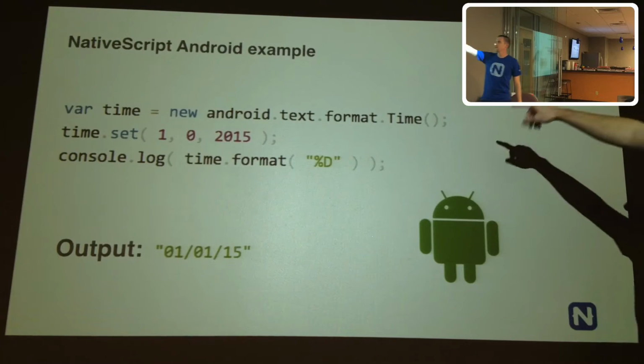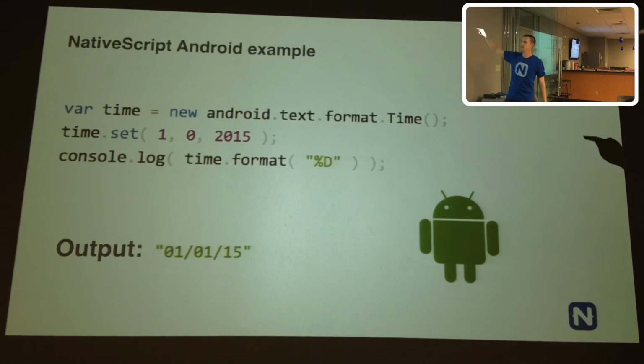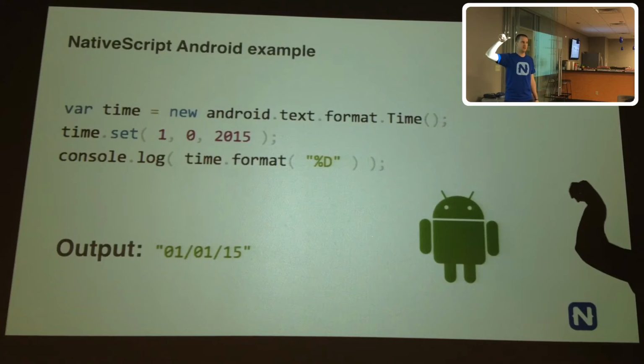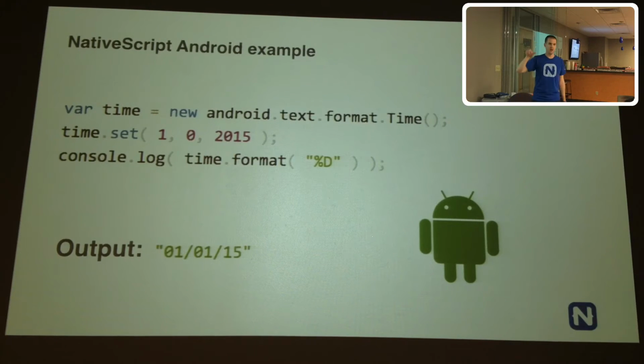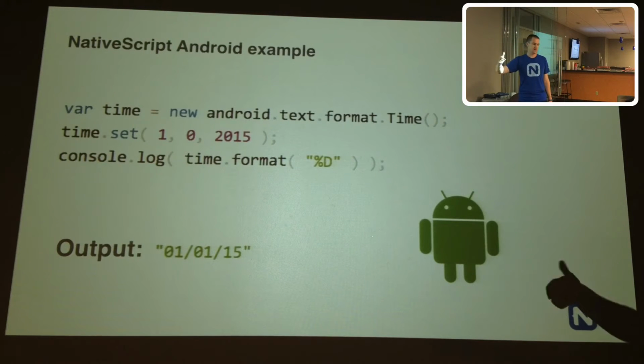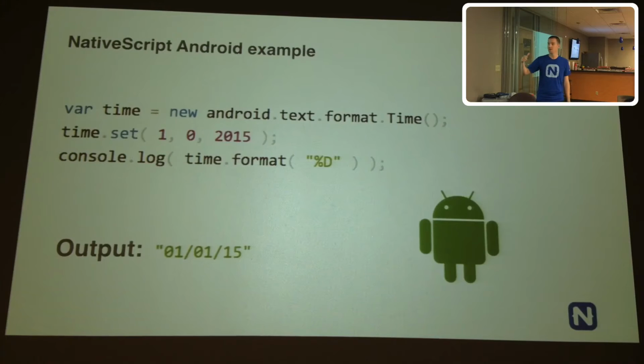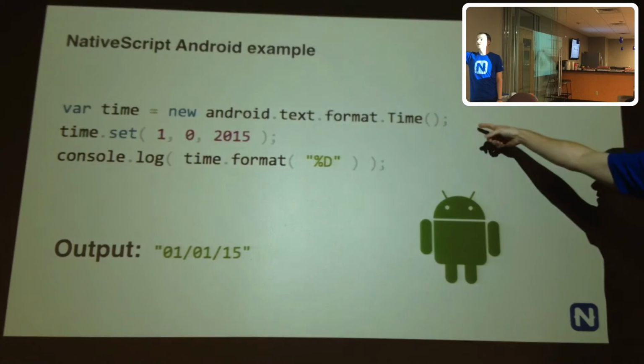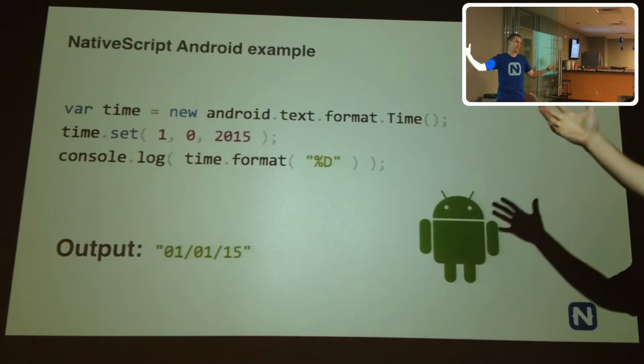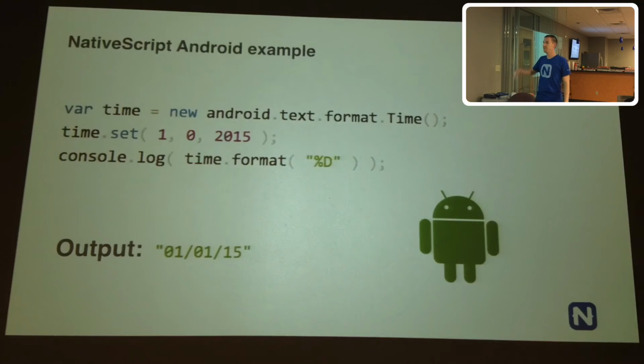But this call up here, android.text.format.time, that's the exact same thing you would do in Java. The exact same methods, the exact same names and everything in Java to do that. Except this is JavaScript, which is really cool because we all probably already know JavaScript. But that's where the native in NativeScript comes from. That is the native API call. So if you already know Android and you already know that framework, this translates directly to that. Okay?